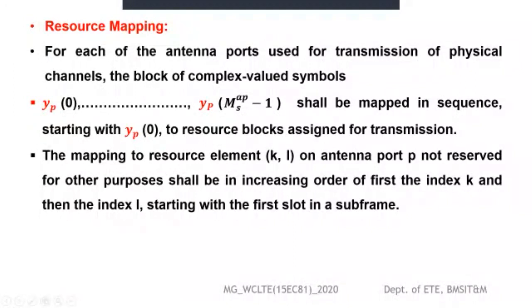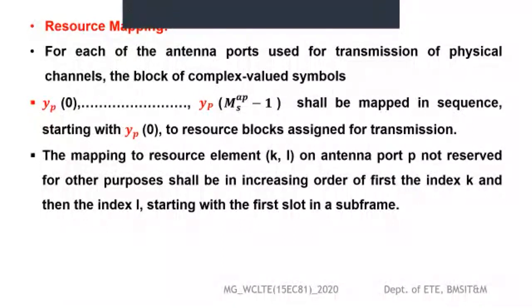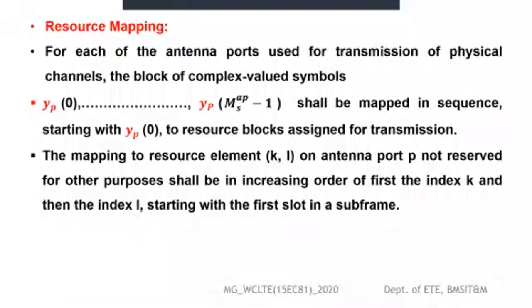The mapping to resource element (k, l) on antenna port p, not reserved for other purposes, will be in increasing order of the index k and then the index l, starting with the first slot in the subframe. From the first slot, it starts mapping the output of the precoder, that is the antenna port, to the resource elements. The next stage is that the output of this resource mapping is applied to the OFDM